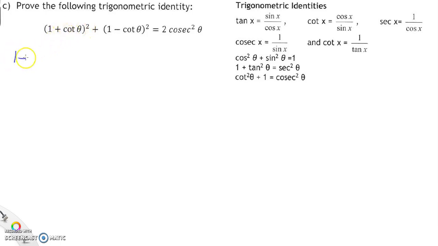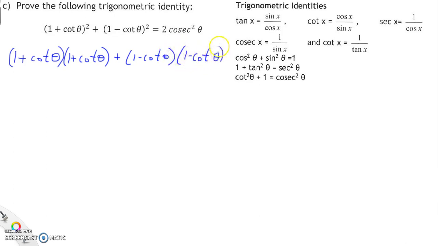So that'll be 1 plus cotan theta times 1 plus cotan theta, plus 1 minus cotan theta times 1 minus cotan theta equals something, right? Equals stuff on the right, which we won't touch. So looking at the left,